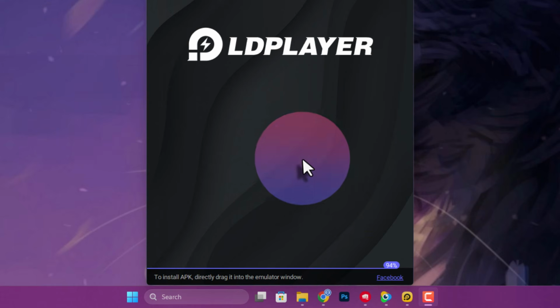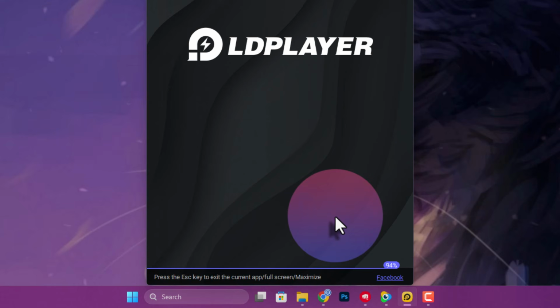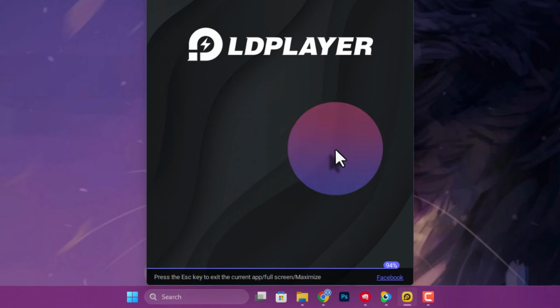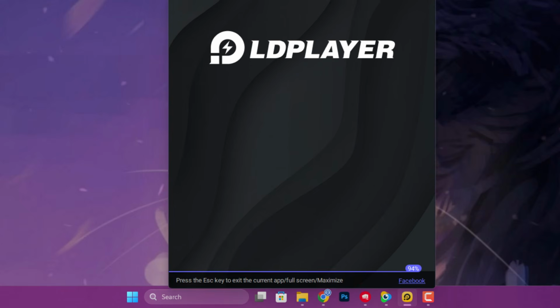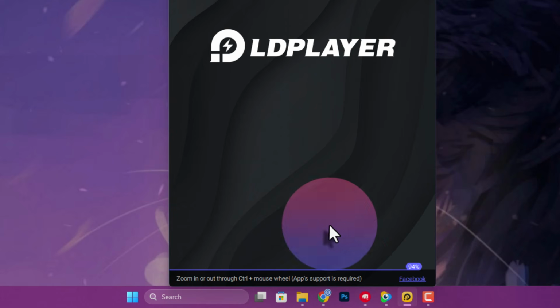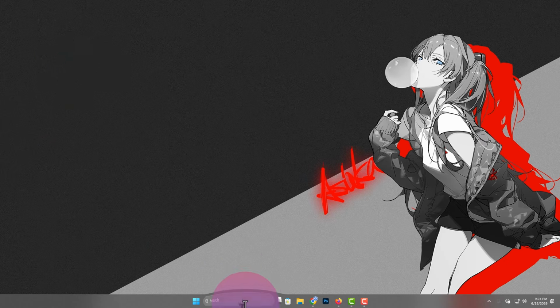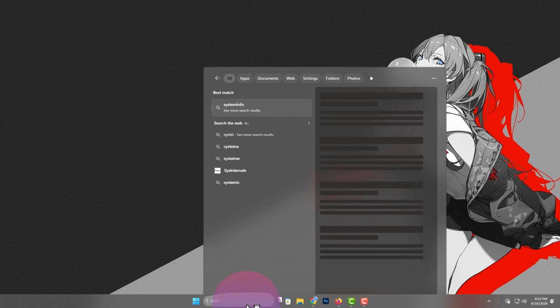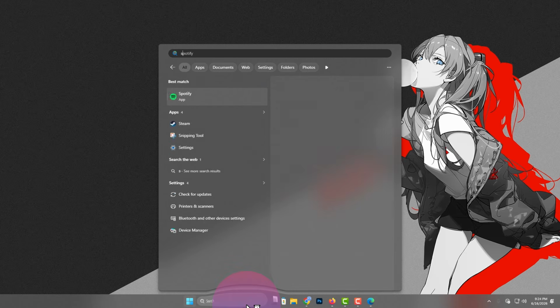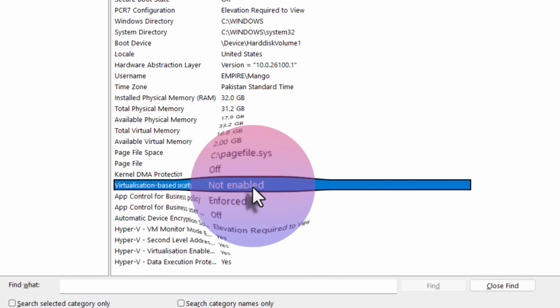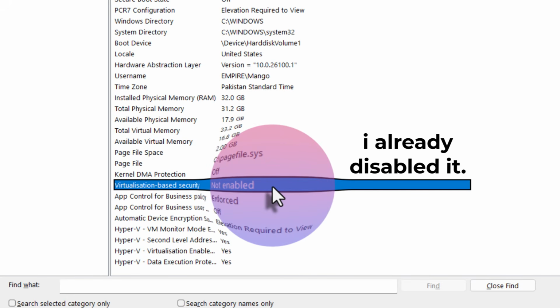All right, so if you're here because LDPlayer is stuck at 30%, 50%, or 94% and just refuses to launch, you're in the right place. And this is actually a very straightforward fix once you know what's causing it. The reason this happens on most modern PCs is something called virtualization-based security. Windows 11 keeps this running automatically in the background, and LDPlayer 9 or 7, the engine cannot start properly when it's active. So what we're going to do is disable it in 3 places, and after that, your emulator will